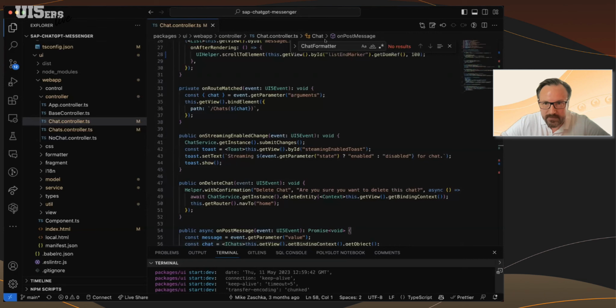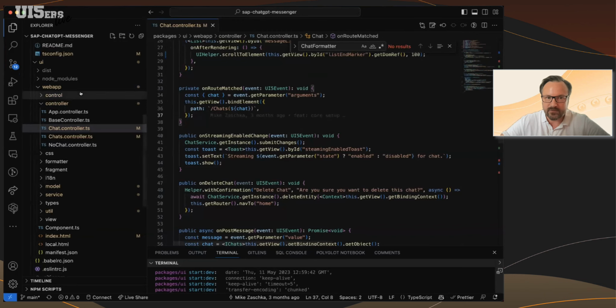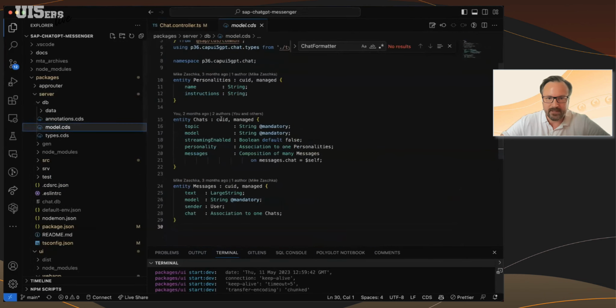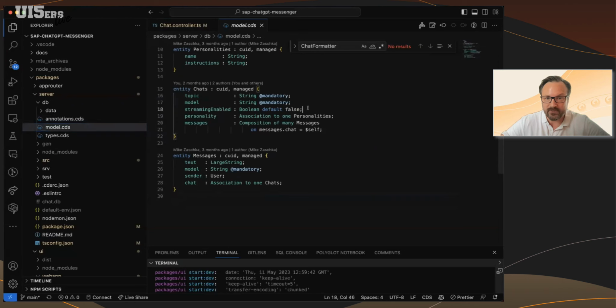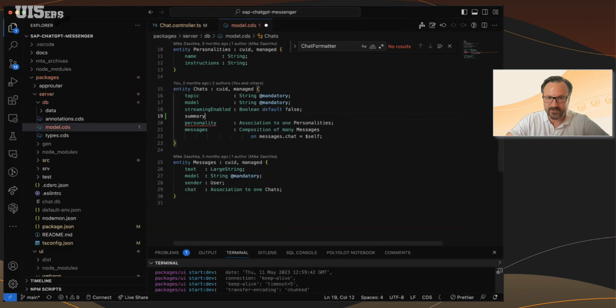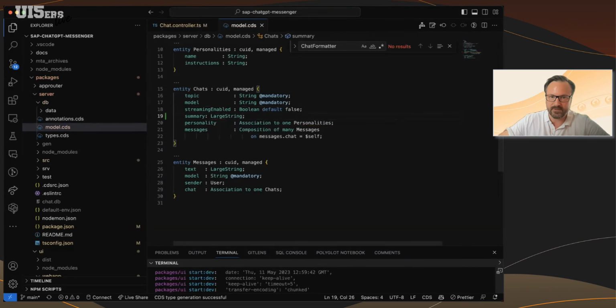have this line over here, I can move this, okay. Let's quickly go to the data model again and simply add another property to a chat. Let's add a summary, which is a large string, for example.